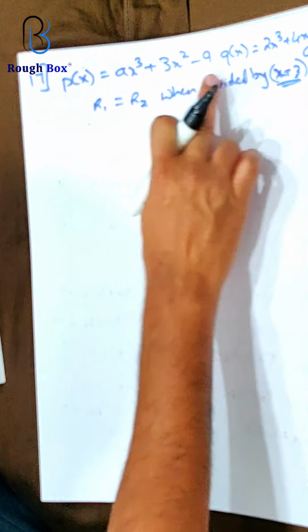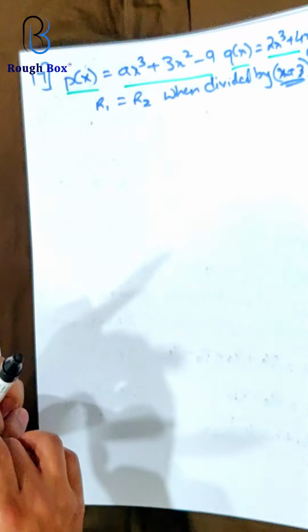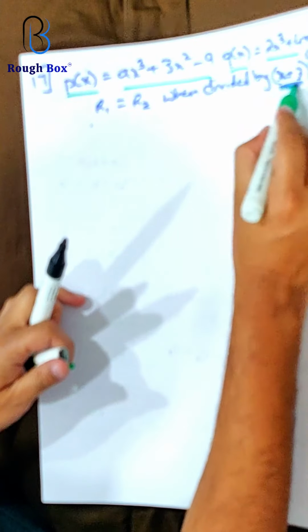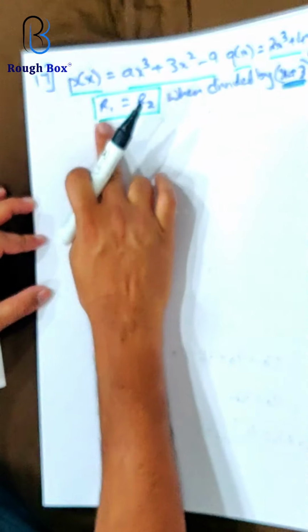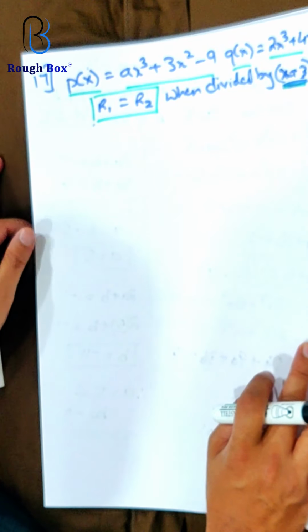If two polynomials, this and this, so there are two polynomials, one is P of x, another is Q of x. Can you see this one and the second one with the A? Okay, and when they are divided by x minus 3, the remainders are equal, they say. They leave the same remainder. So what you're going to do is substitute x as minus 3 in this, get a remainder, call it as R1. Substitute in this, get a remainder as R2. Then say since R1 is equal to R2, solve both of them together and get the value of missing variable. Yeah, slightly different but a good question.